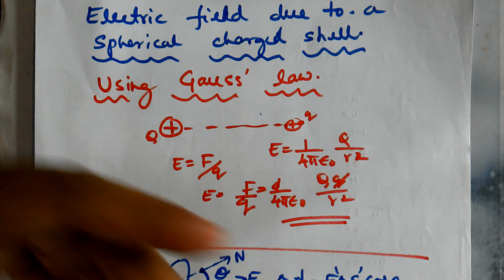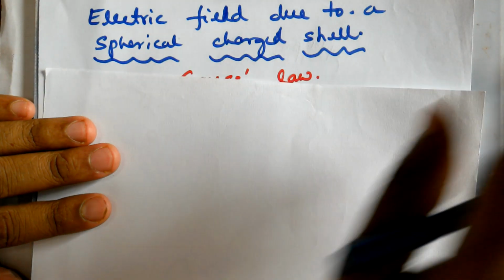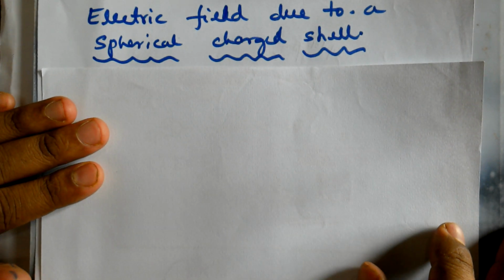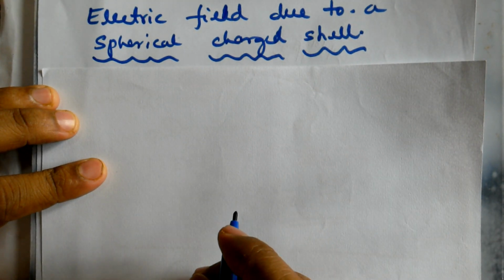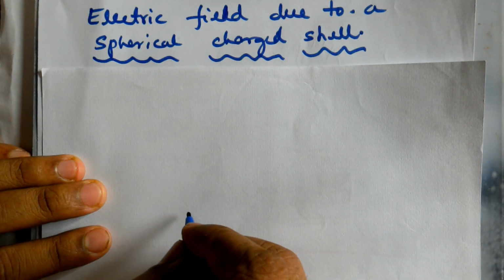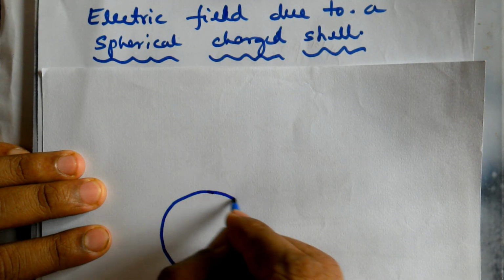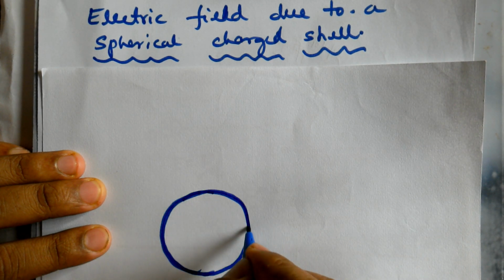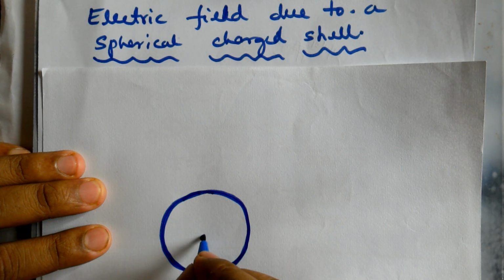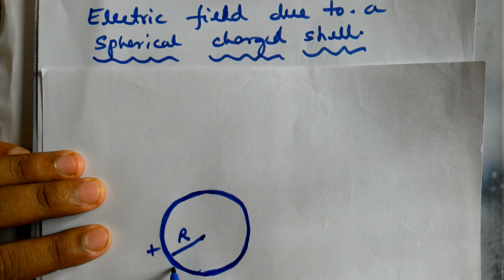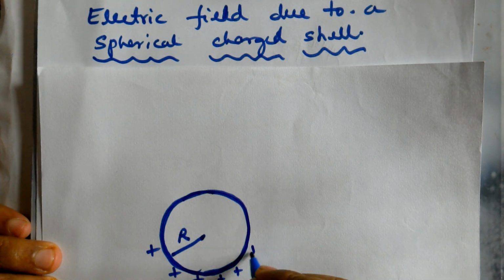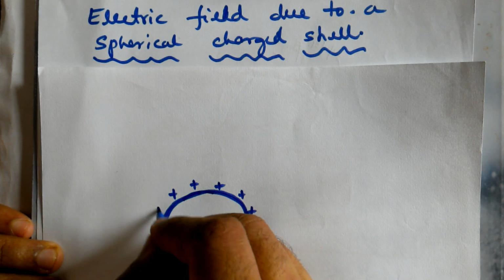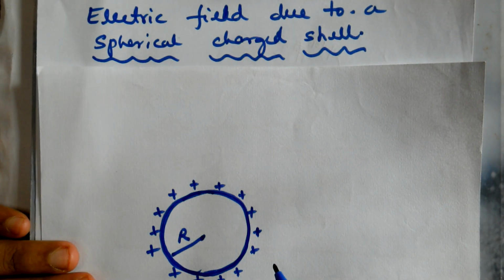Okay, I will use a different paper. Now let me consider a charged spherical shell which is hollow inside. Charges always come and reside on the outer surface. So this is the charged spherical shell. It is hollow inside. Let its radius be r. Say it is positively charged. So we have to decorate this diagram one by one, and we are going to do so many things here. So, a positively charged body.